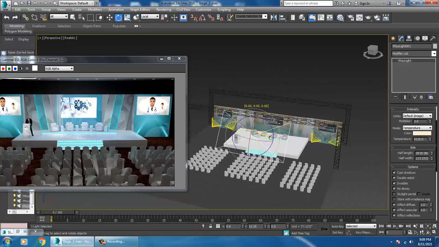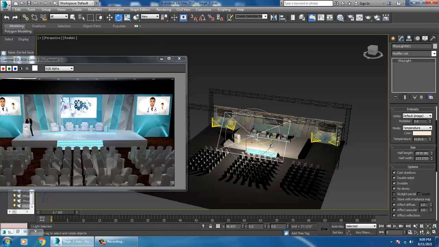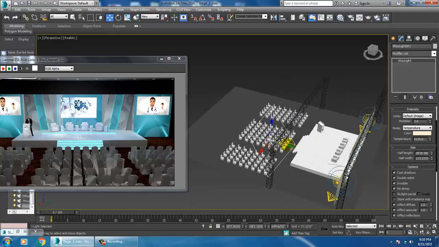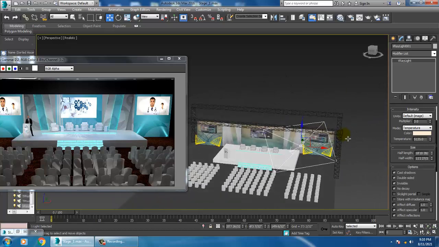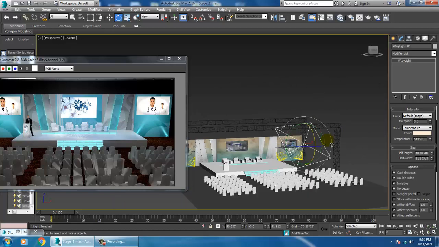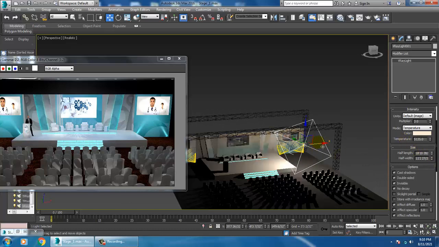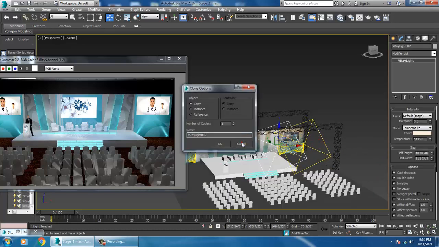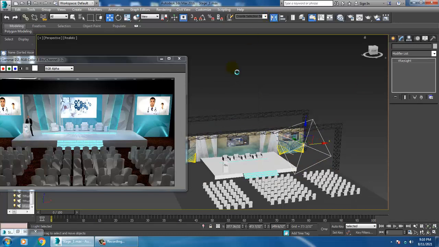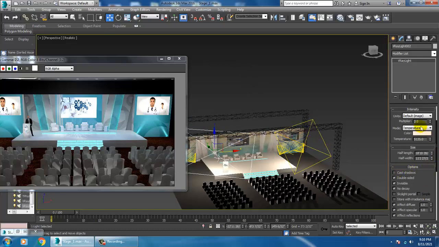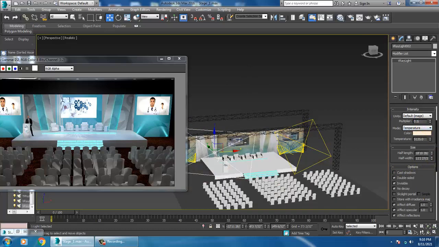So slightly rotate it over here, and I'll again mirror it over here, turn off the cast shadow, reduce the multiplier.